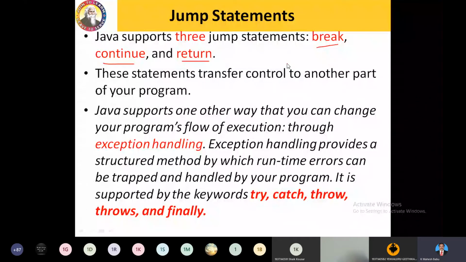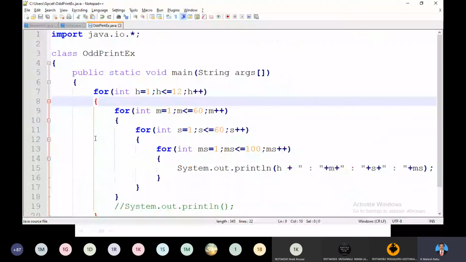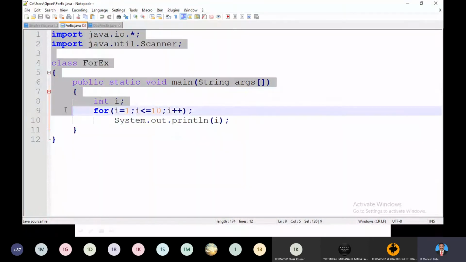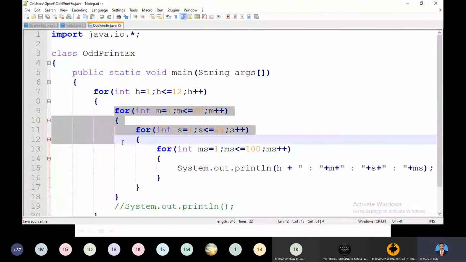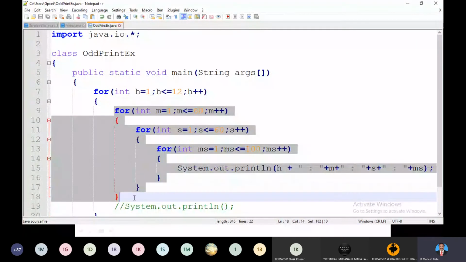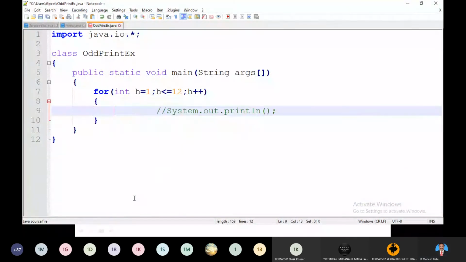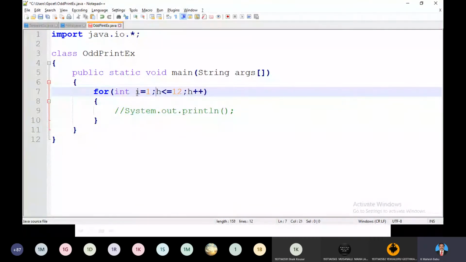Tell me where you use it. So I want to break a loop. I will just remove all these loops. Say for example, I am taking the same variable i less than some number, and i plus plus, right?